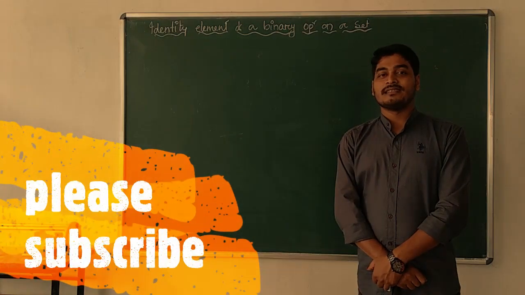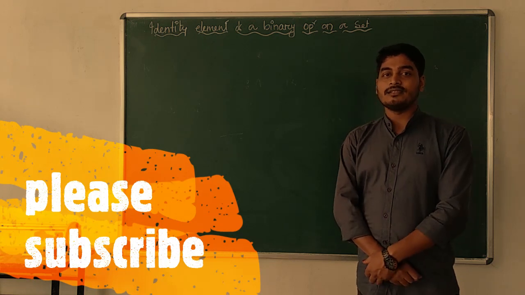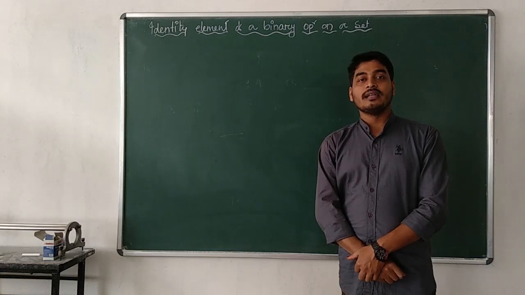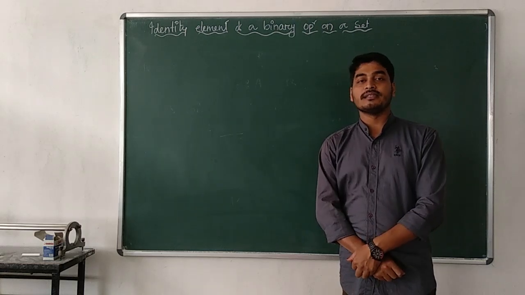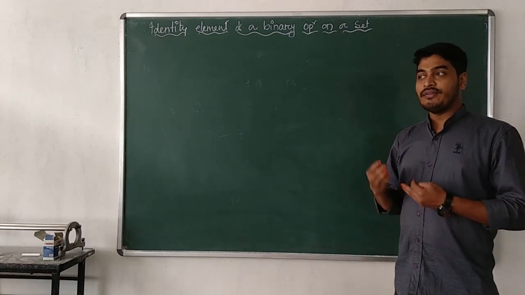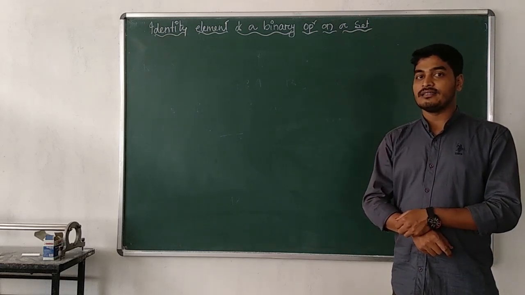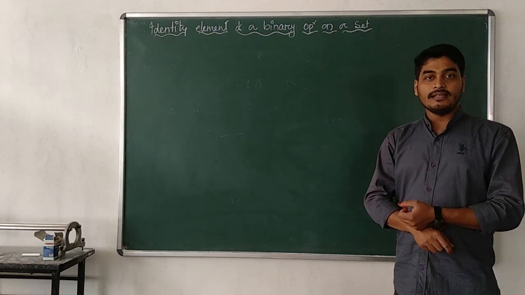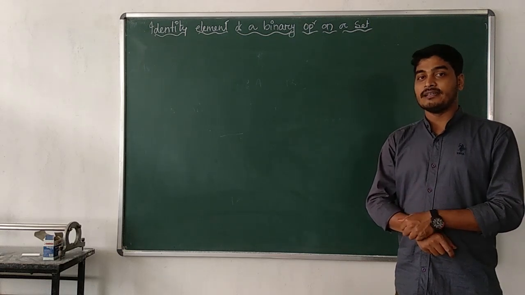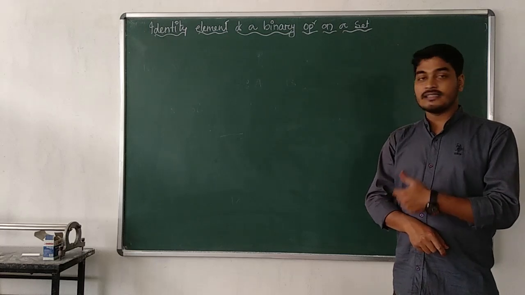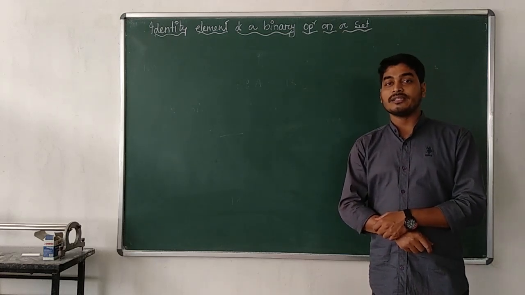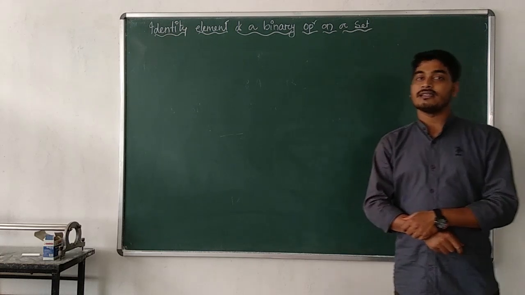Welcome to my lecture. Today, here in this lecture, I am going to explain the identity and inverse of an element in case of a binary operation on a set. That means, if any binary operation is defined on a set, first of all, then identity element may or may not exist. What is identity element? As well as after the existence of the identity element, we can easily think about the inverse of the elements of the set where the binary operation is defined.